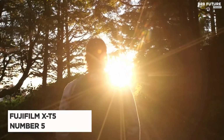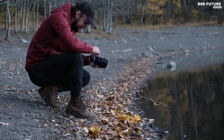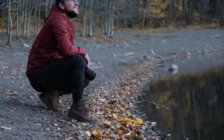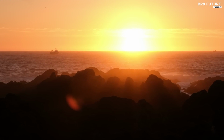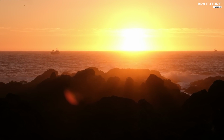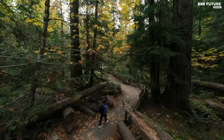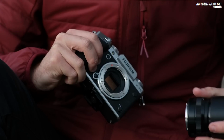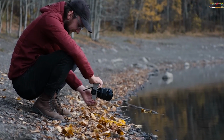The Fujifilm X-T5 stands proudly as the 5th best camera for landscape photography, transcending the realm of ordinary captures into an immersive visual odyssey. It doesn't just capture moments, it crafts a narrative, making it the epitome of photographic evolution in the XT series. This mirrorless marvel is more than a device, it's an artist's tool, putting the essence of photography at the forefront. With a groundbreaking 40.2 megapixel APS-C sensor, the X-T5 redefines resolution, breathing life into landscapes with